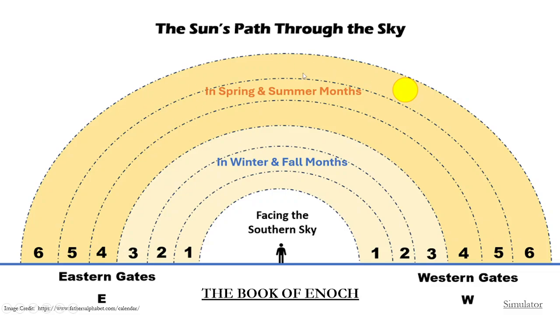These are the spring and summer months. And when the sun is closer, this is the winter and fall months. It might be closer, but there is more night than light during these times when the sun is in these gates. But when the sun is in these gates, the higher ones, spring and summer, there's more sun and more night. And when the sun is in the winter gates, there's more night than there is day hours. Hope that makes sense for you.